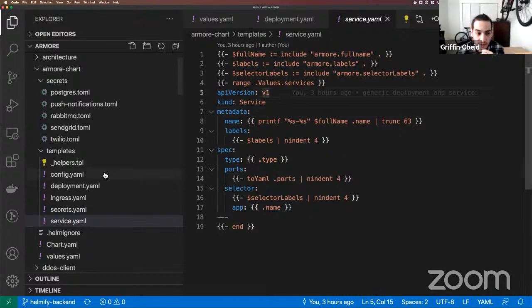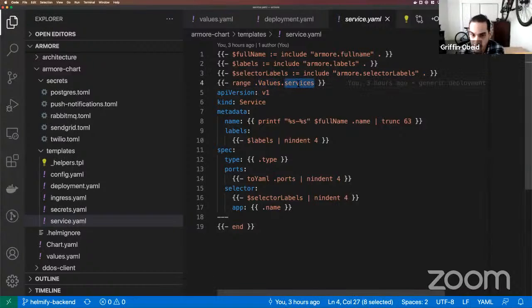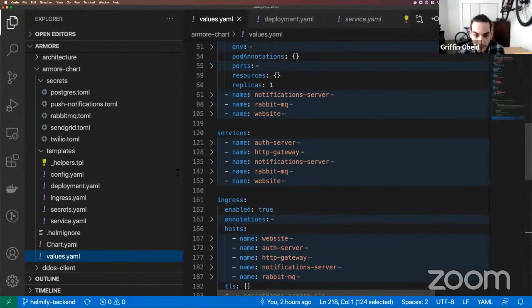So service is the same thing. Every one of our deployments typically has a service if it needs to be exposed. So I decided to just make a single generic service.yaml file, basically the same way I did the deployments. I'm looping over a services list inside the values file, and it just generates a simple template. And then inside of values, the input is something like